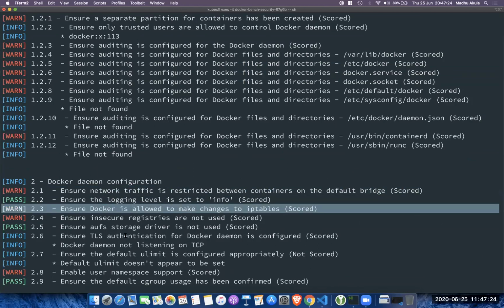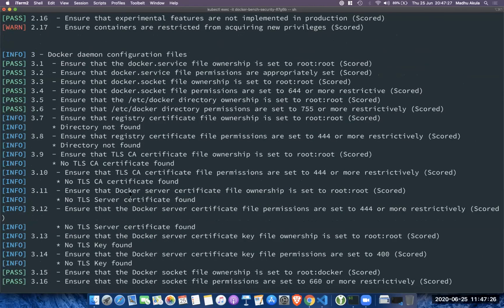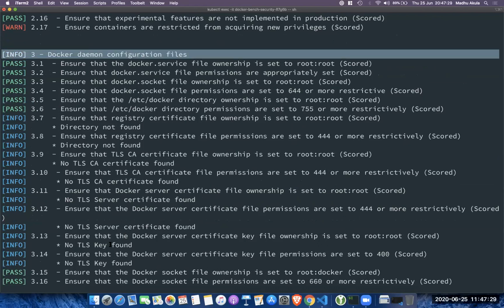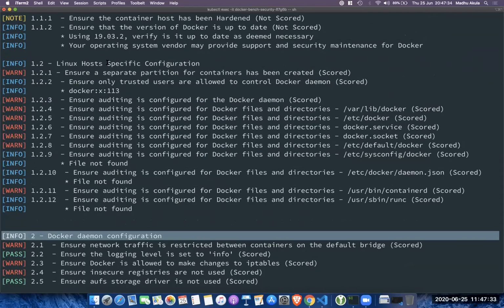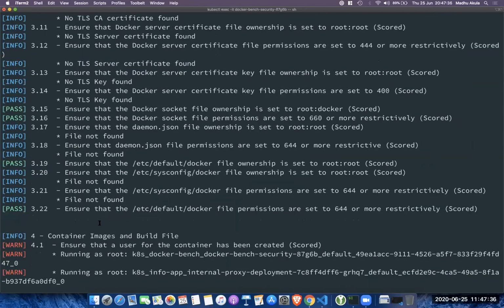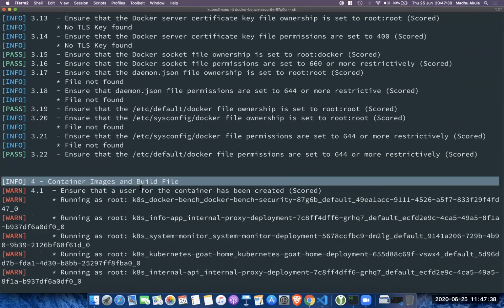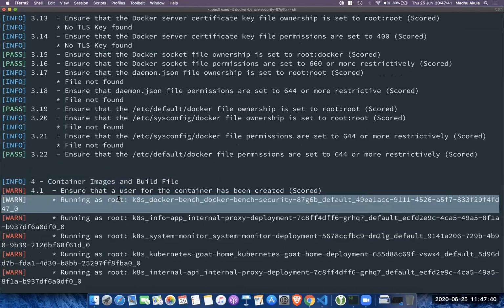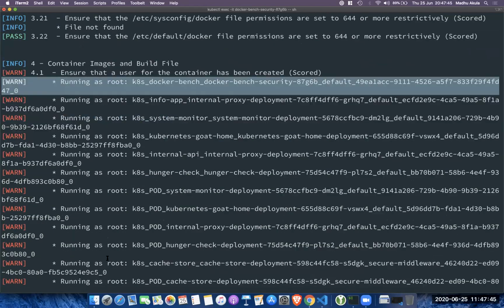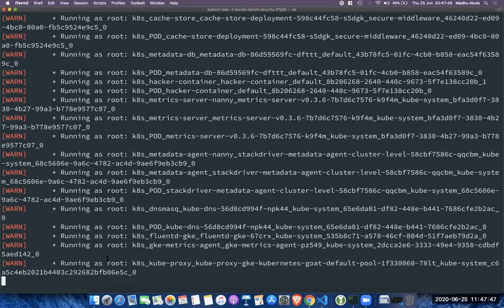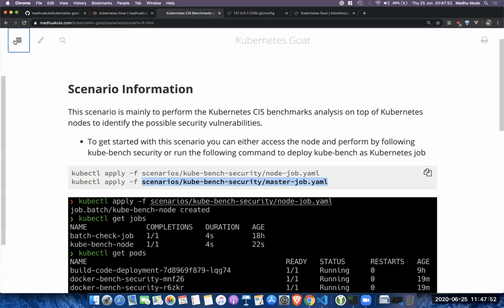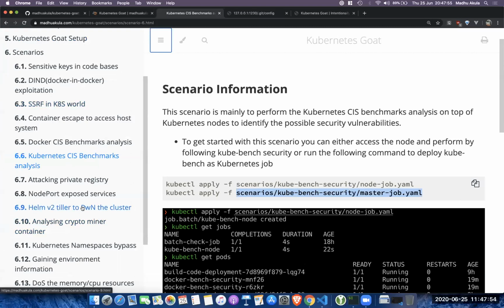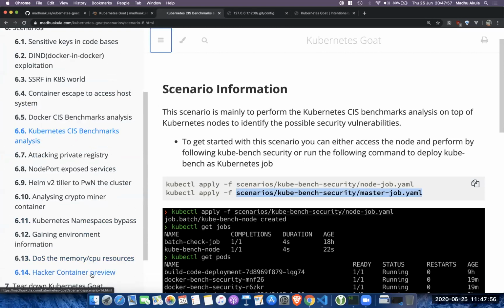And similarly, iptables, these are the standard checks. They perform at different levels, like the daemon level, as well as the Docker daemon configuration level, host level checks, right? And container images and build files as well. Like is this container running with root privilege, or just a normal user, or does it have any seccomp profiles or AppArmor profiles, this kind of stuff, right? So these are some of the scenarios I just wanted to showcase, and there are plenty of them out there if you want to try out and look at.